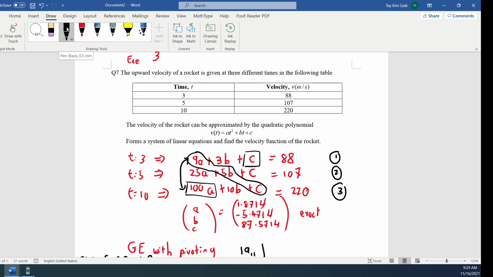So this one is not tridiagonal, so you cannot use the Thomas method. It is not symmetric. Because it is not symmetric, automatically it is not symmetric